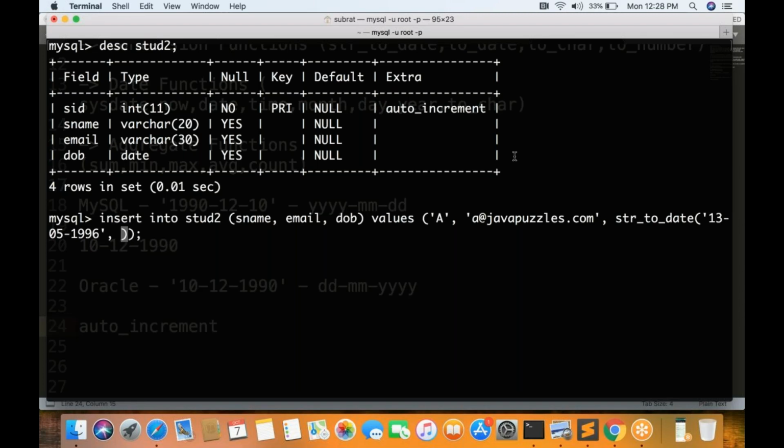You have to specify the format also. The first value is day, the second value is month, small m, and the third value is